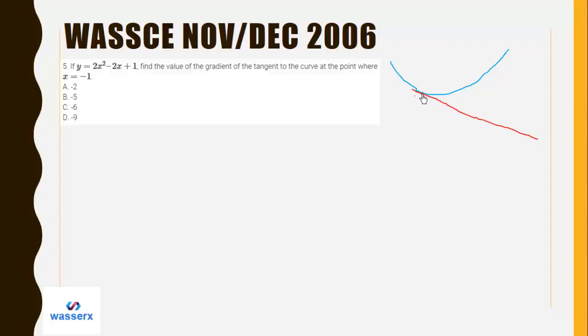So at this given point, the tangent gradient is equal to the gradient of the curve. And we know the dy/dx gives us the gradient of the curve at a given point. So when we are asked to find the gradient of the tangent, we simply find the dy/dx of this function. So we know dy/dx